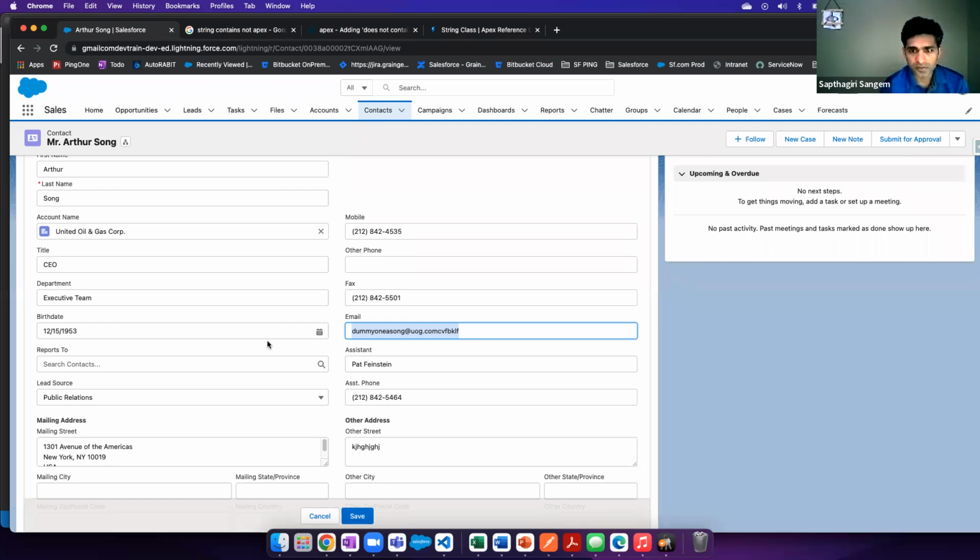So only 10 emails you will be sending. At that time you need to find which are those 10 contacts that got the email update, not the remaining 190. So that's where you have to compare each record, and all those things are explained in those Trailhead modules